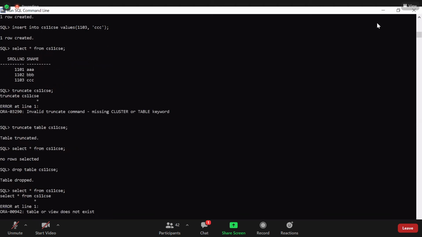What will it say? Table does not exist. That means if you use the drop command, it will delete entirely, along with the records, the structure of that particular table gets deleted. But if you use truncate, the structure will remain the same, but the records in the table will be deleted. Understand?